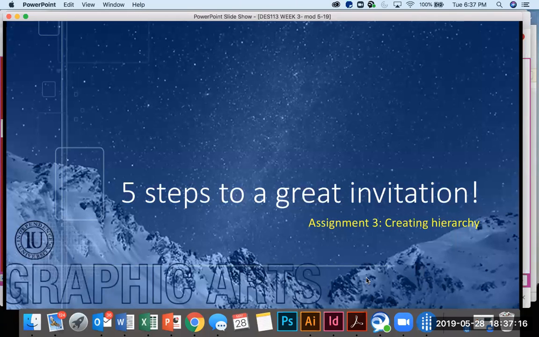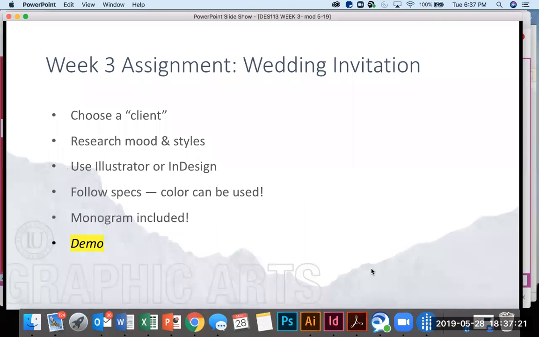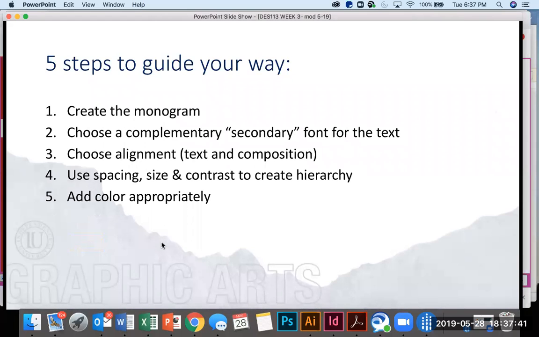All right, so starting on creating an invitation, you're going to go through the steps: choose a client, research some moods and styles, think about what that type of wedding is going to be like, use Illustrator or InDesign, it's up to you. Follow the specs, remember you can use color, and include that monogram. Now, this is the way that I would approach it if I were you. You can create the monogram after you've done the design, but I would do it first, because in many ways, that monogram can